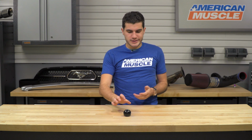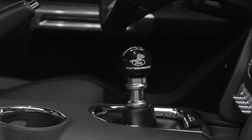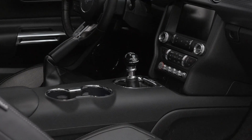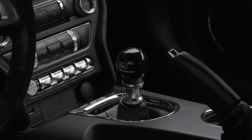As a Mustang owner, you're probably banging through gears every single day in your Mustang, like we all always do. With that said, you want to have a tough shift knob behind that, and of course a shifter as well, that can take that beating constantly. Now, this one in particular from Ford Racing is a 1 3/4 inch shift knob that is CNC machined out of a solid block of black resin with the 6-speed embossed logo right on top here and a Ford Racing